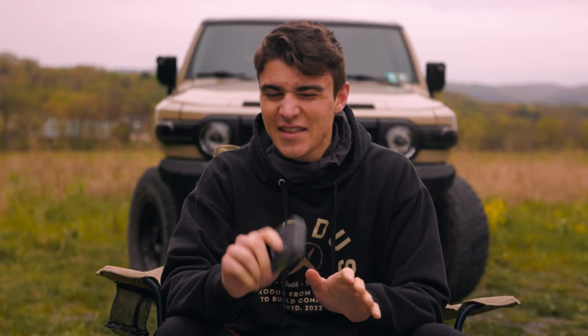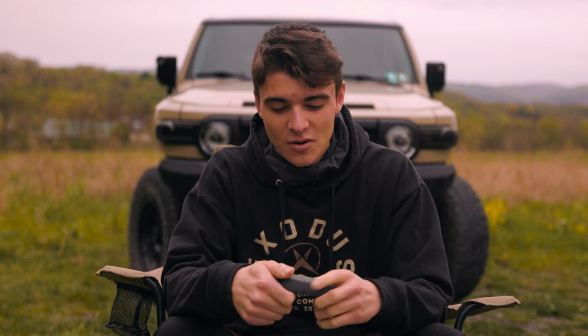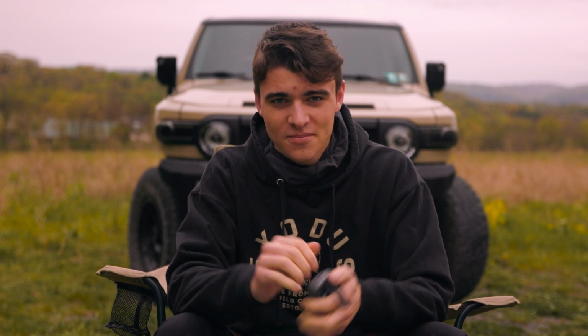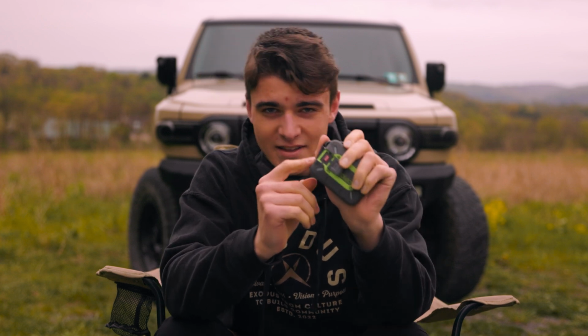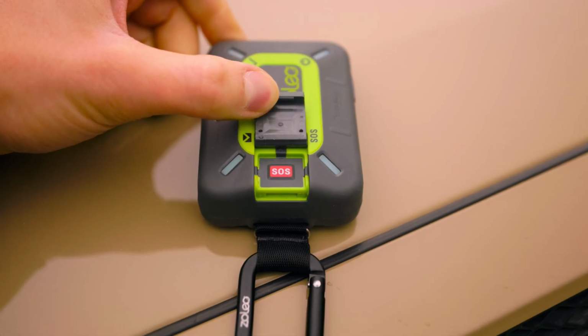Before I dive into anything else, I want to dive into the SOS feature. I think that is very important when you're out and about, especially alone. Being able to reach emergency services is critical when you don't have service. Like I said, there's an SOS button on here. It's right here. You just pop this and you hold this button for 3 seconds and it'll contact the Zoleo